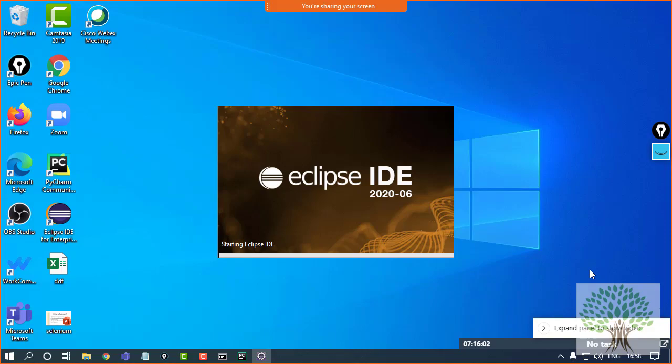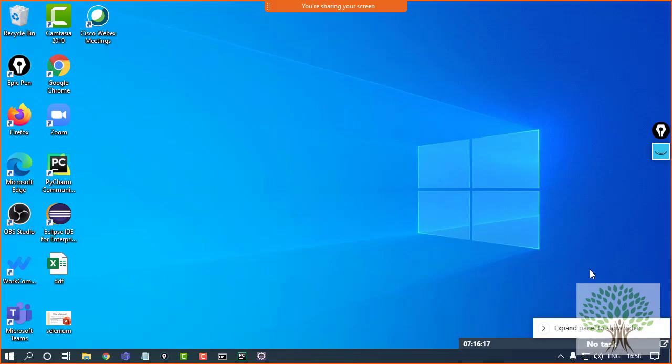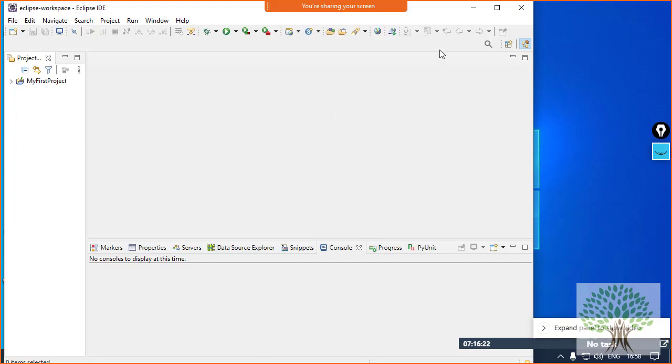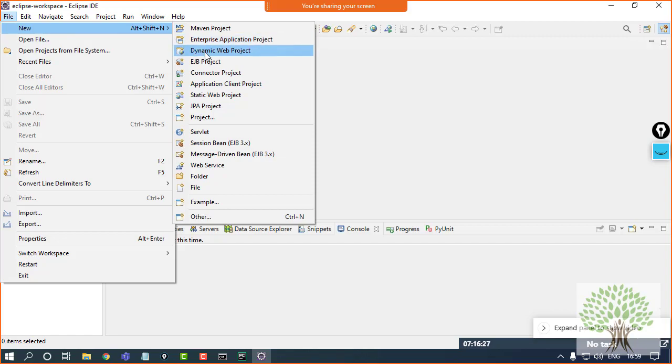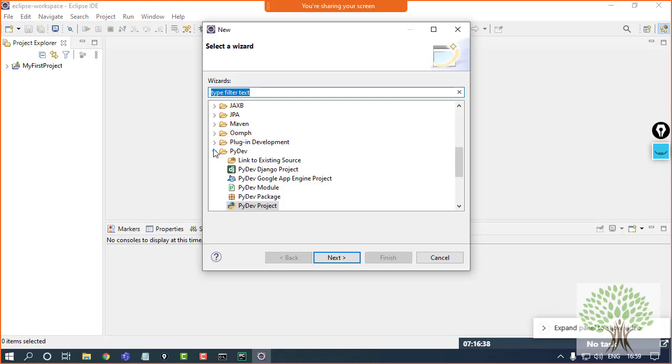Once you click on launch, and if you have been working with Eclipse already, then you must have observed that throughout Eclipse you are not going to get any option to create a Python file. Okay, so over here, if I click on this New, you can see that I am not getting any option to create a Python file, or I'm not getting any option of my PyDev block also.